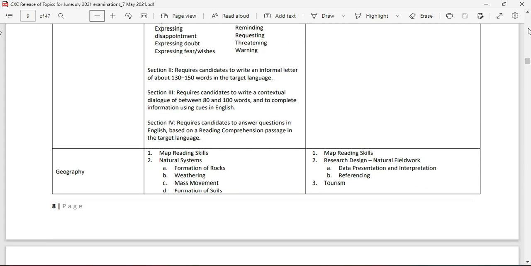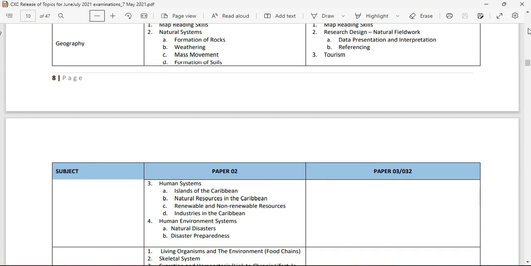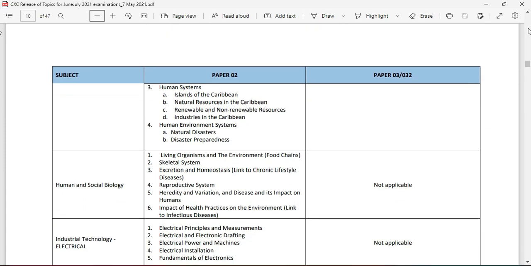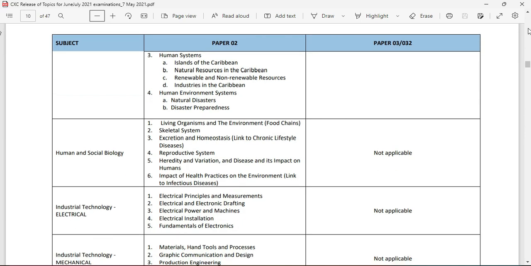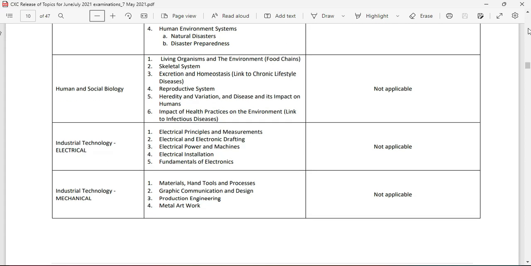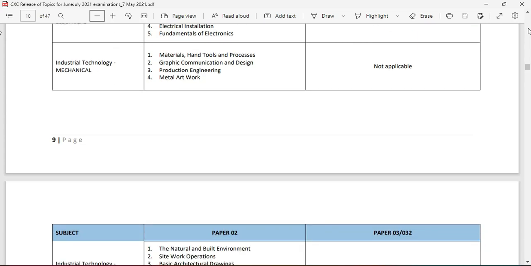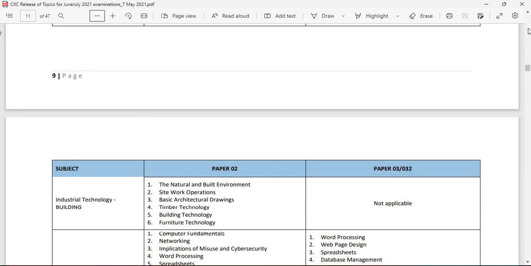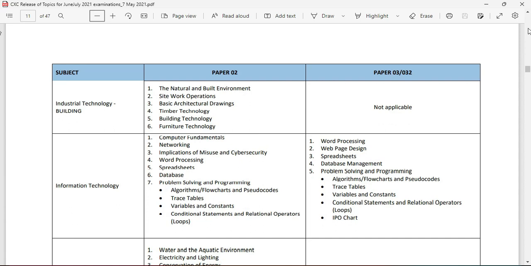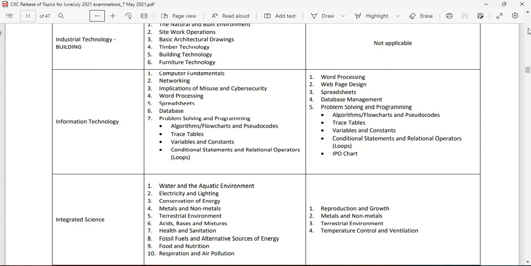That paper is pretty much the paper that students are going to be doing if they did not complete the SBA component. Now, persons who are registered to a formal educational institution, I say formal like everyday school, they would be doing the SBA. But for other persons, they might opt to do the alternative to practical. Even if you are doing the alternative to practical, it's very, very important that you carry out some experiment, or you have good knowledge of some experiment.